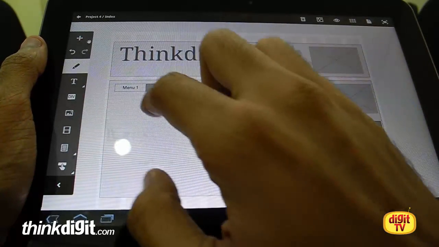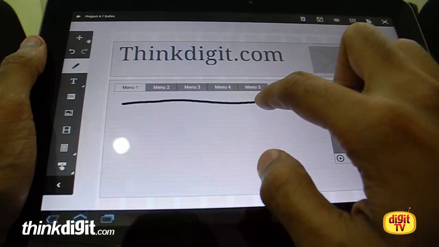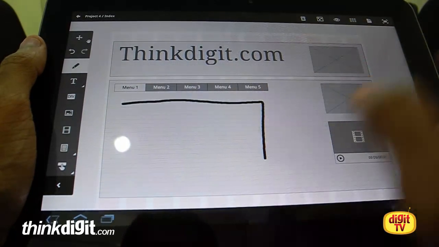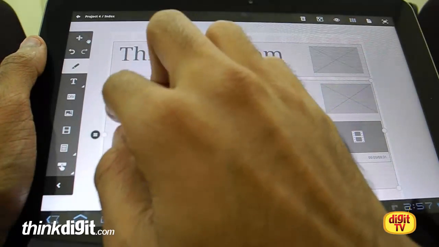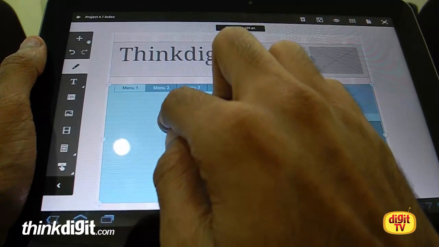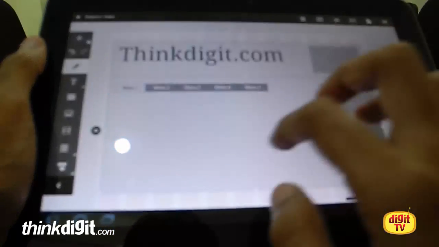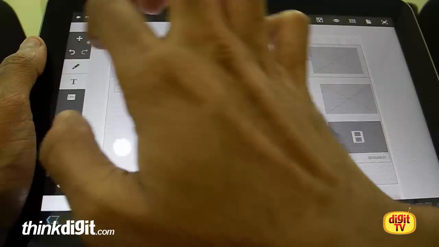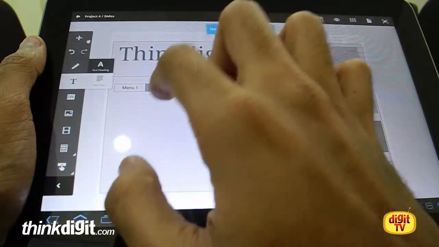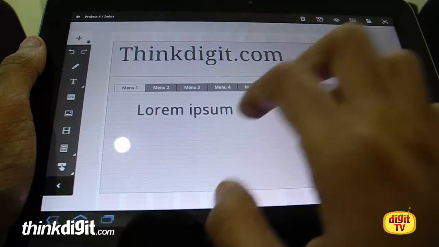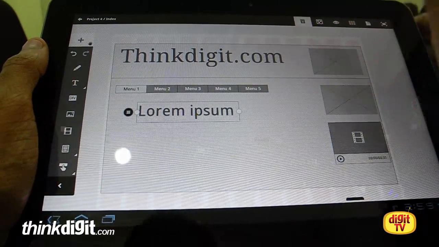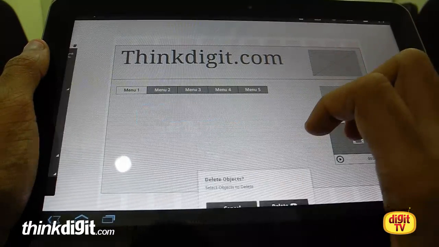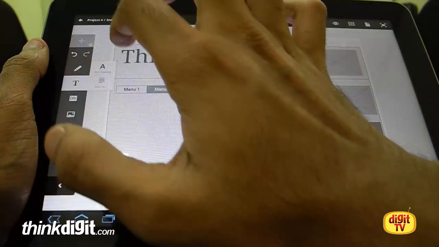Now let's add some text. Oh, sorry. Some text. No, you don't want that. You can delete it by just clicking it right here. Let's add the text,